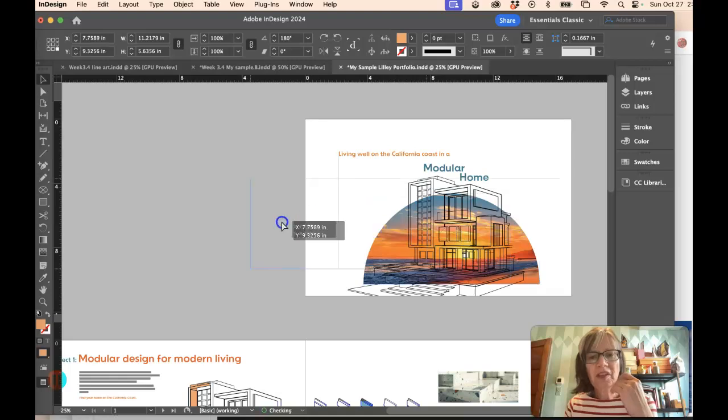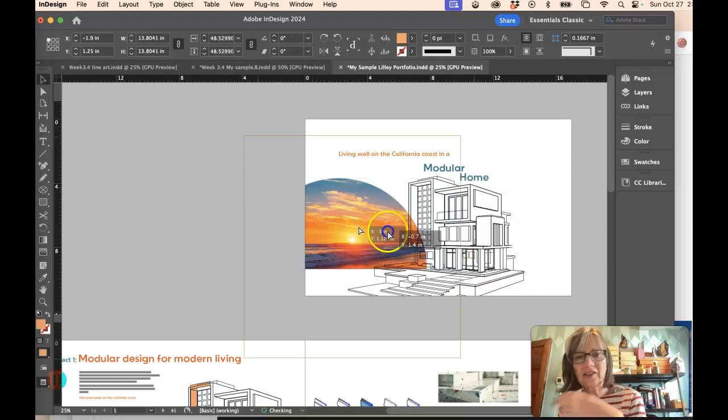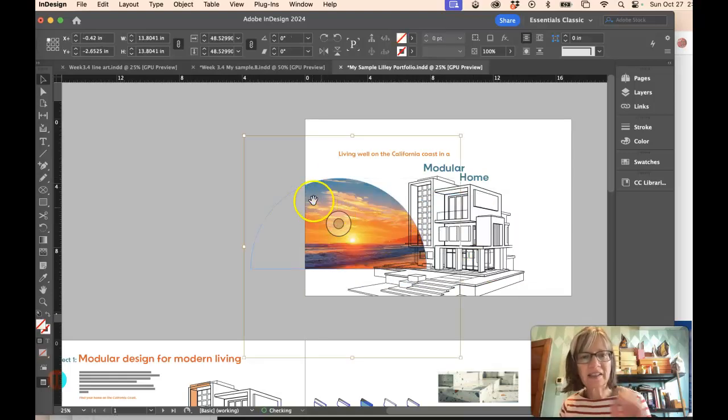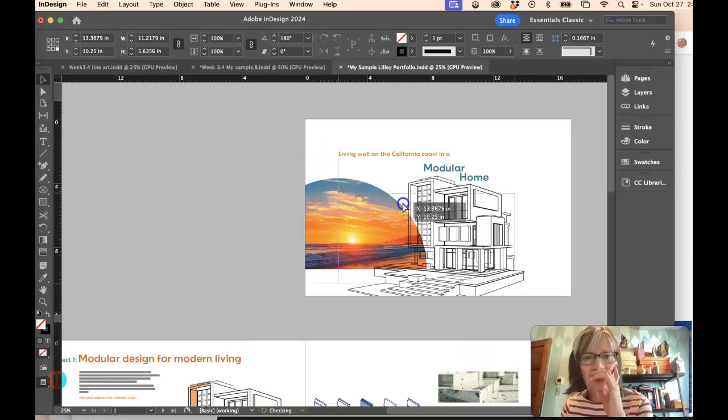So I created a circle and I put my sunset in the circle. You don't have to always have things in